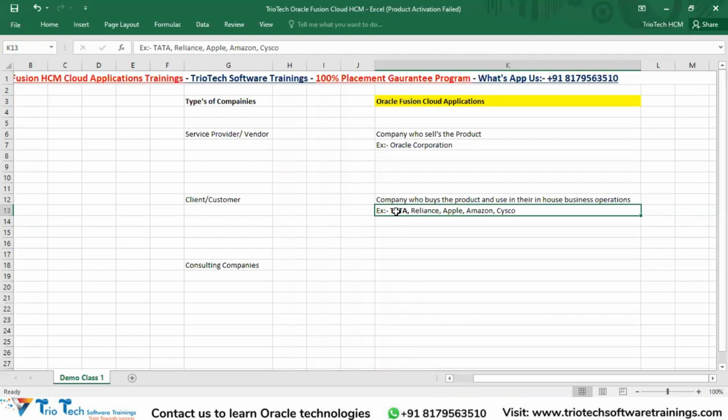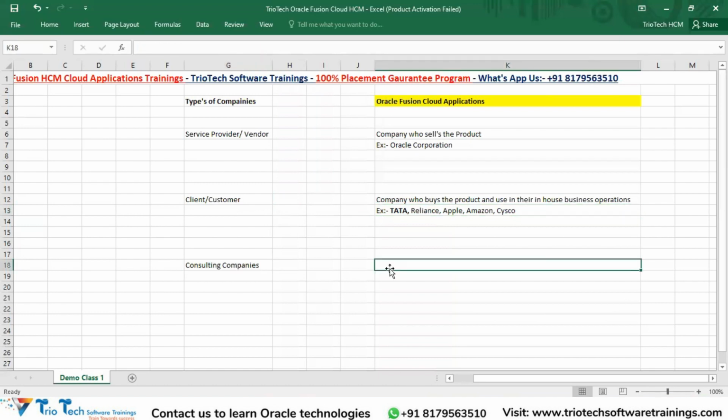But forget about TCS for a while. Any company you take, team, every company won't have their own IT wing. Tata bought the license from Oracle, but they don't know how to implement that product according to their business requirement. They don't know how to configure that system before using it in their day-to-day activities. Then this client or customer company will reach out to the consulting companies in the market. These are the companies who will